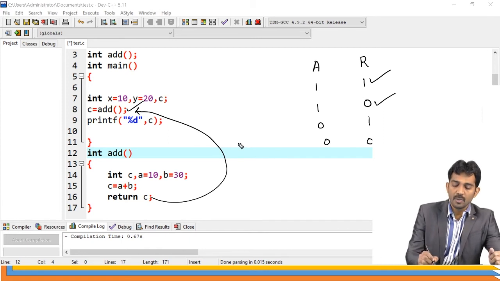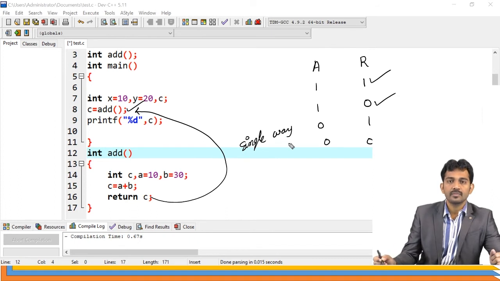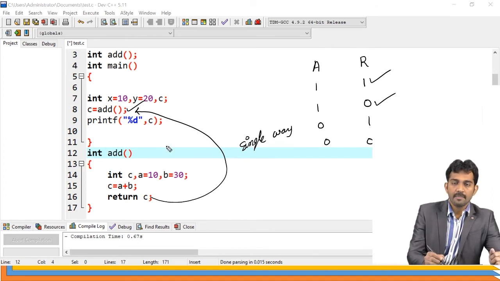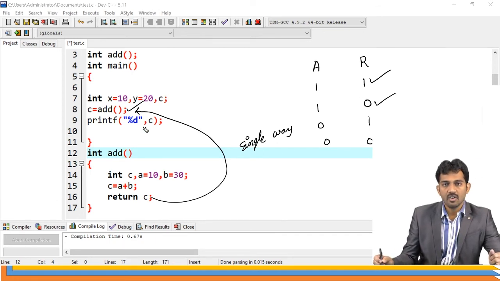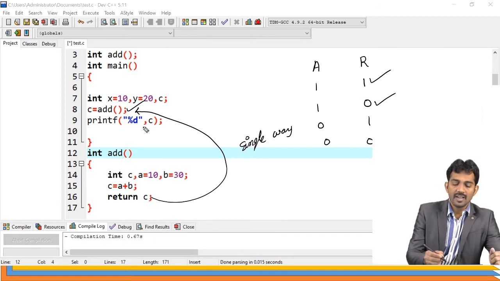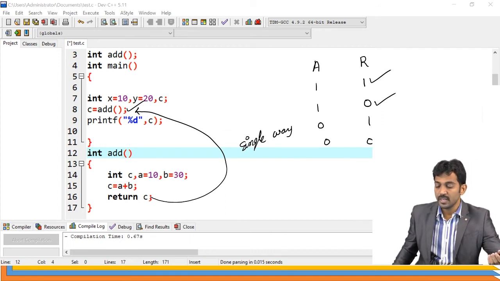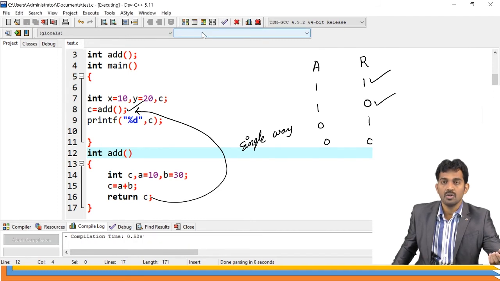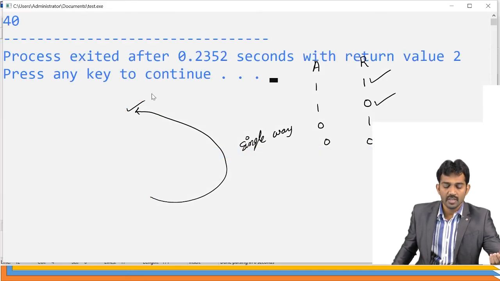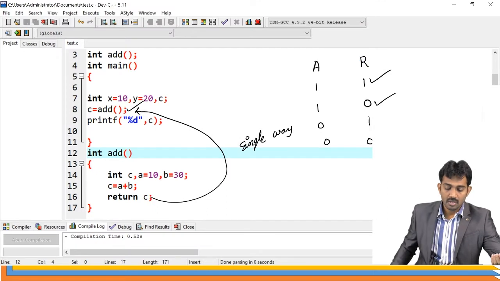It is a single way of communication. Is this clear? And printf of %d of C, then C value goes to 30. This is the function without arguments with return value. If you run this code, 40 is the output, because 10 and 30 have been taken. Is this clear?